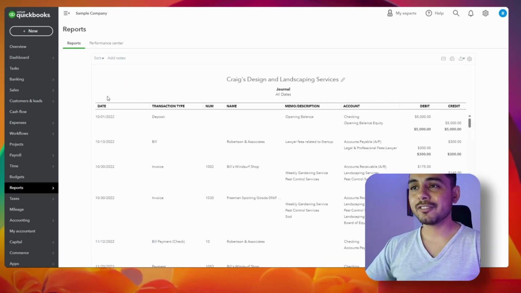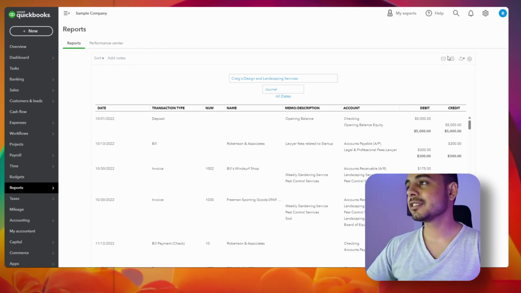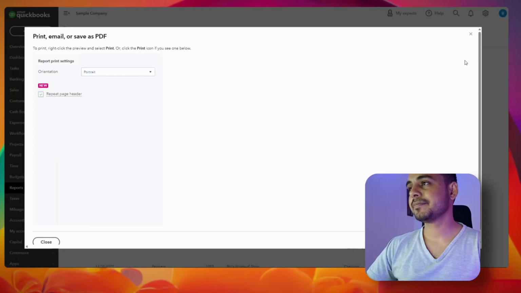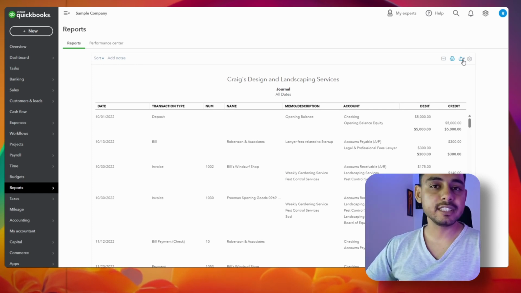So here you can see all of the transactions, the transaction type, the memo, the name of the customer or vendor associated with this transaction, and the debit and credit sides. You can email this report to share it with others, or you can take a printout and save it as PDF. And if you want all of the data from it in the format of Excel or CSV, then you can